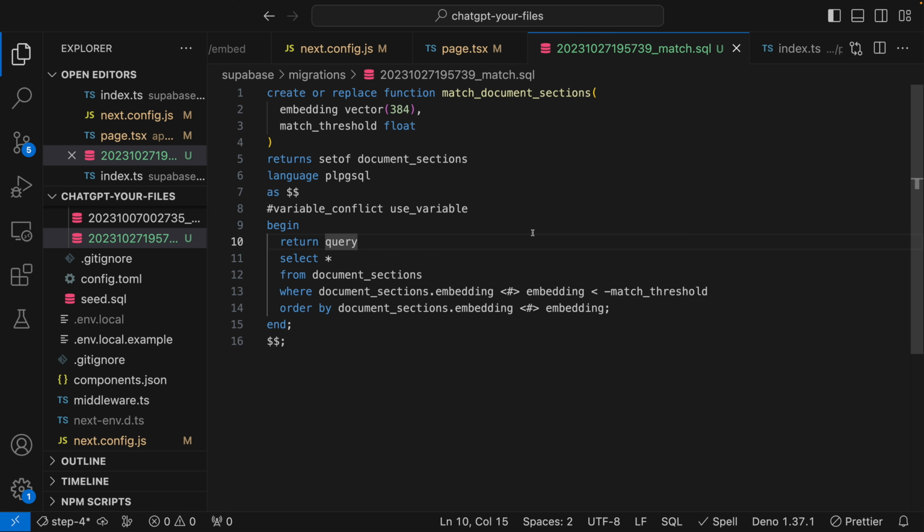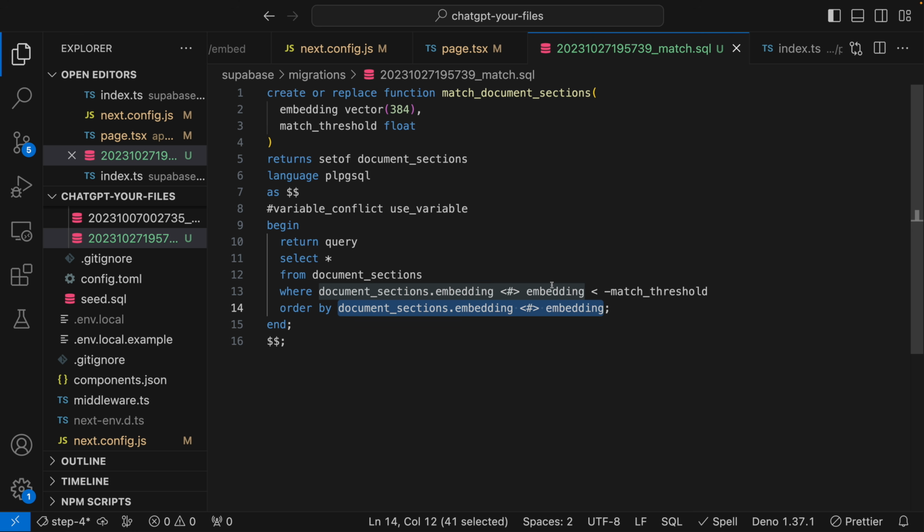So for example, let's think about this. We want to return document sections that match our embedding as similar as possible. That is, let's order our results by those that are most similar first, ranking down to those that are least similar. In SQL, this is just a simple order by clause, right? Order by document_sections.embedding dot product our query embedding. And the result of this operation right here is going to be 1 being most similar and -1 being most